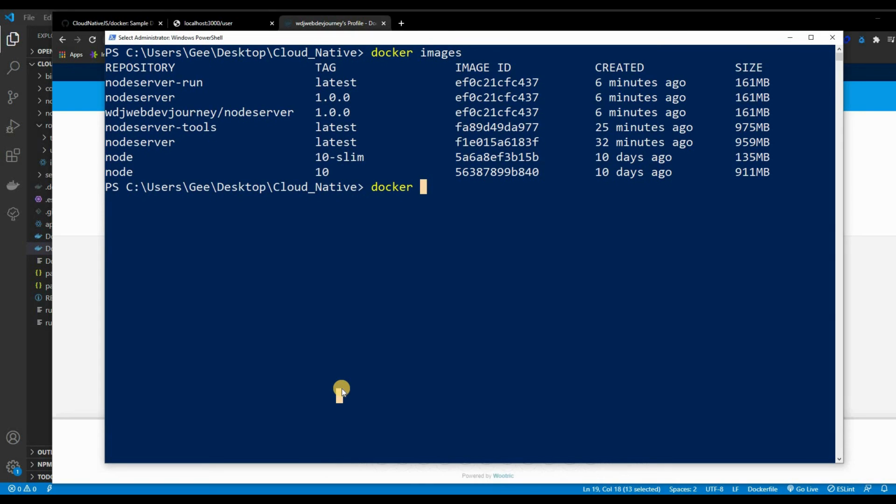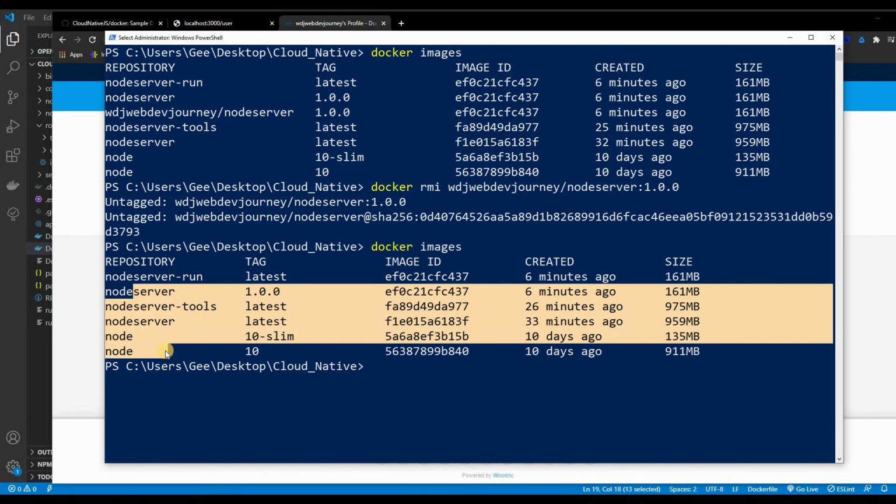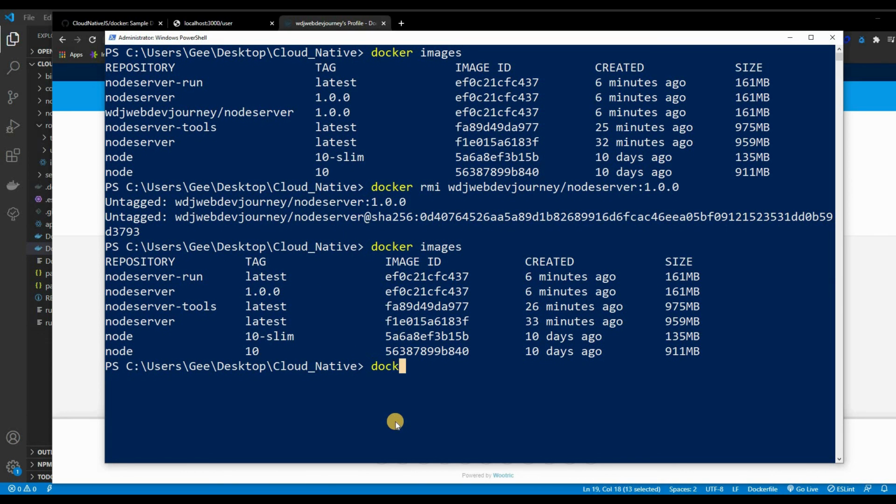All right. I'm going to show you how to pull your Docker image from it. So first of all, I'm actually going to clean up and remove this one, web dev journey slash node-server:1.0.0. There you go. And if I do docker images, you're going to see that I don't have the web dev journey one. Now, the way you could pull your image from Docker Hub is docker pull, and again, your ID slash,